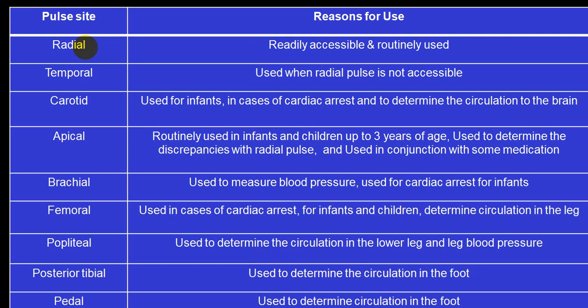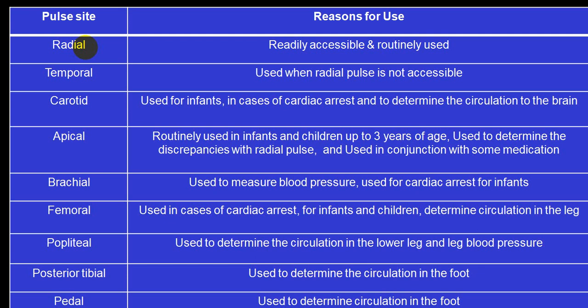Another pulse which you feel in front of the masseter is the facial artery. So over the mandible, you can feel for the facial pulse. Then in the neck, medial to the sternomastoid, at the level of the cricoid cartilage, you can feel for the carotid pulse, which is the most prominent pulse you can feel. As we come further lower down, just above the clavicle, you can feel what we call the subclavian, but this will be palpable in a thin built individual. In an average built or obese individual, it will be very difficult to palpate.